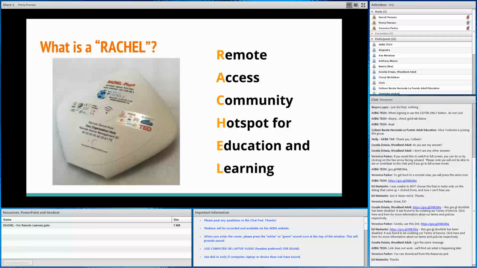Basically what happens is this device provides access to learning resources for all learners in that location. It brings the internet to individuals who may be incarcerated or homebound in very rural or very remote areas, so the learning comes to them. It's very inexpensive. It's $500, but it comes loaded with content and curriculum that you can use immediately. So we'll look at it, don't worry. We'll give you an opportunity to take a peek at what's inside this device.